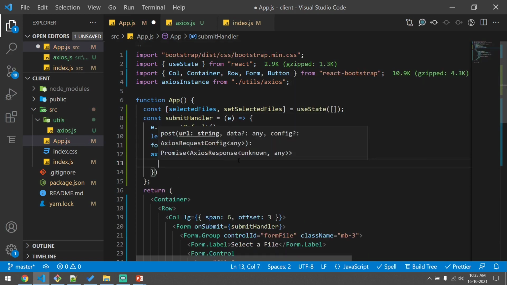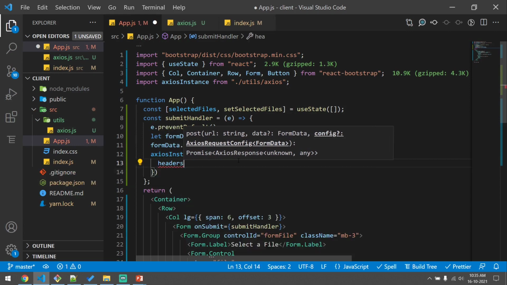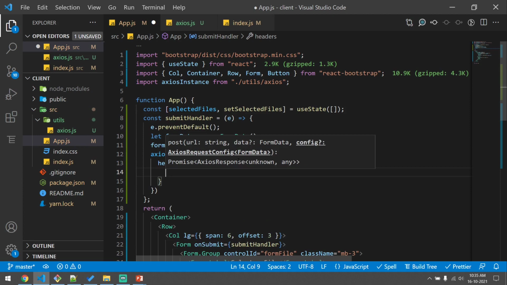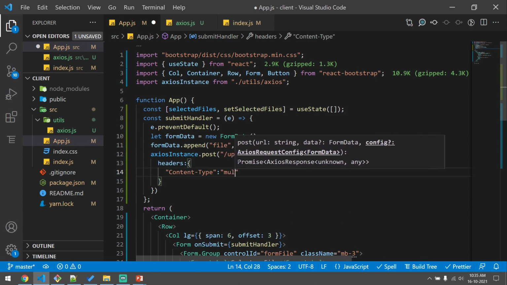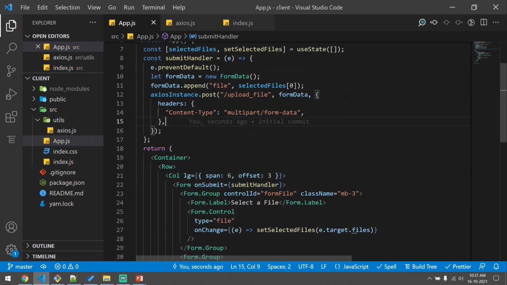Since we are uploading files, we need to say that this is form data. We can do that by setting Content-Type as multipart/form-data. Now we have a front end ready.